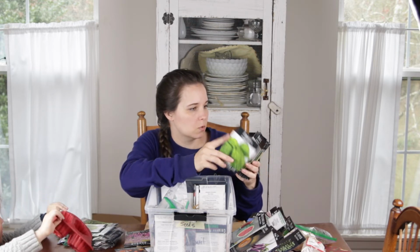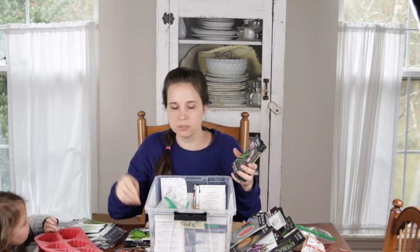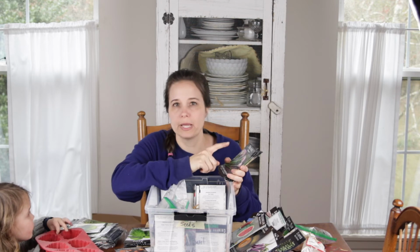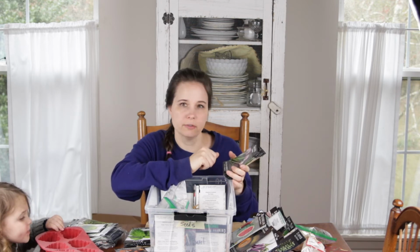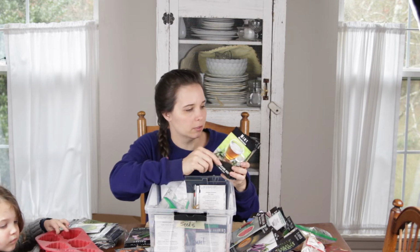Genovese basil, Cardinal basil. Got both. And then I have also some seeds from a purple basil that I grew last year. So I'll have a few different basil varieties. Common chives, mountain mint,